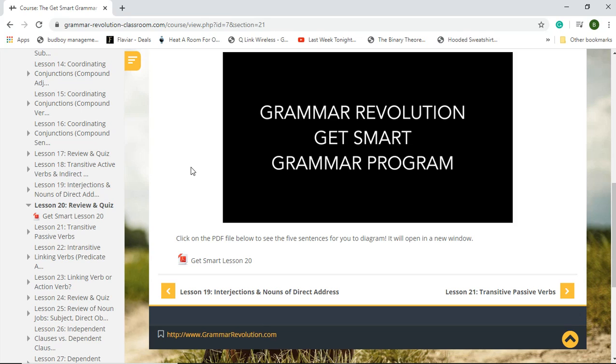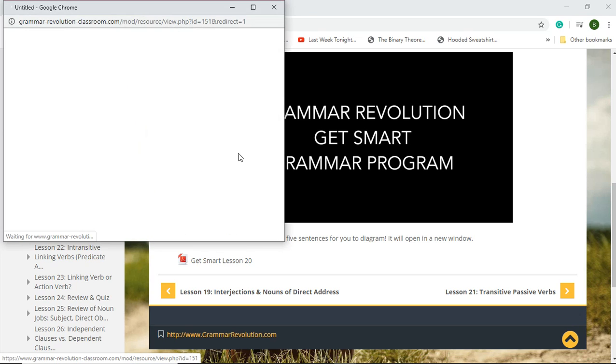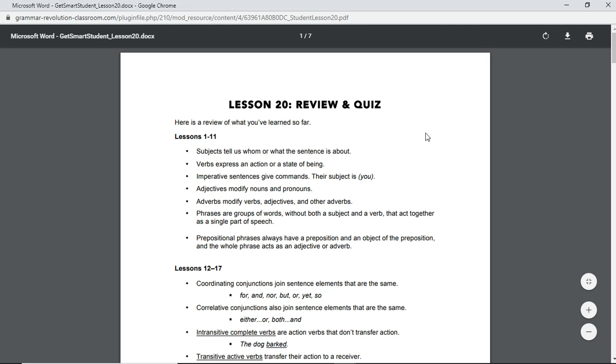This is great grammar work for before you go into pre-GED. Okay? And I think it's really good if you have kids. You can help them with their grammar at school. So let's take a look at the lesson. Get Smart Lesson 20. Our final lesson. This was what was planned on for the whole year. So if we're coming here,